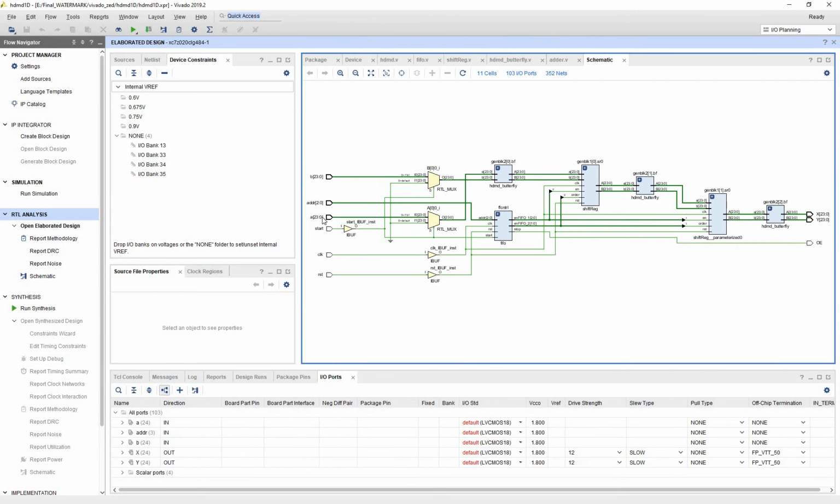The inputs A and B are given to the mux based on the start signal. If the start is 0, it will be given padding of zeros. If start is 1, it will forward the inputs A and B. So the A and B inputs are initially given to the butterfly. The butterfly output is given to the shift register. Again the shift register output is given to the second stage butterfly. The second stage butterfly will give output to the second stage shift register. The second stage shift register will give the output to the third stage butterfly, and the third stage output will be the final one. To control all these butterflies and shift registers, a FIFO module is used.